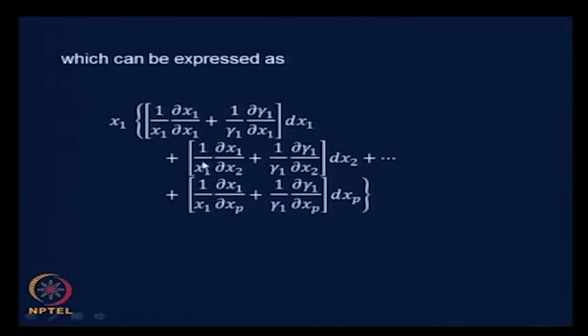This is the first term inside the brackets, plus again there is a gamma 1 x1 in the denominator there earlier. If you take that inside, you will have 1 by x1 dou x1 dou x2 plus 1 by gamma 1 dou gamma 1 dou x2 dx2 and so on till you reach 1 by x1 dou x1 dou xp dxp plus 1 by gamma 1 dou gamma 1 dou xp dxp. This also is partial. We will call this equation 4A10,